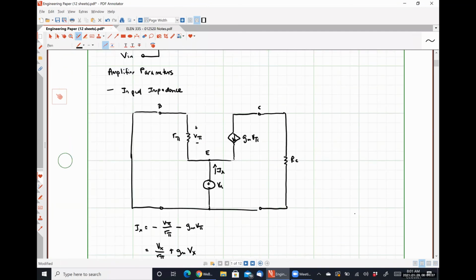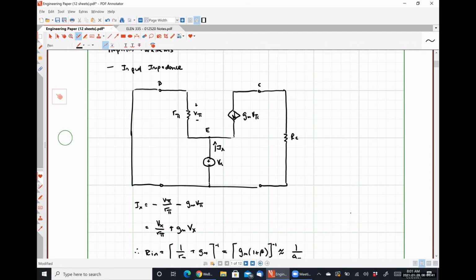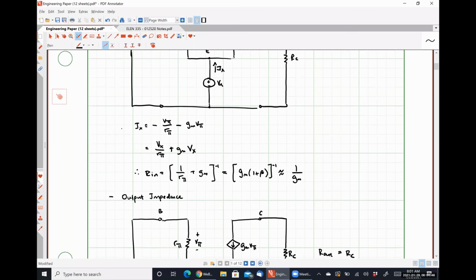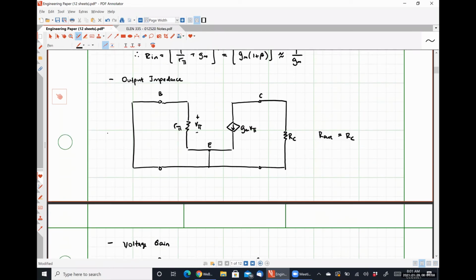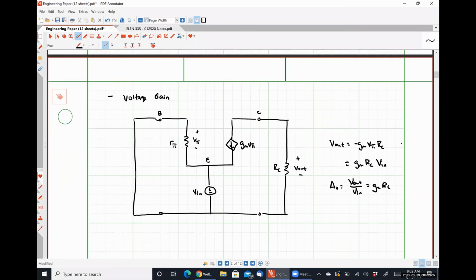Just to be clear, we were able to calculate all of our amplifier parameters for our common base amplifier without the presence of early effects. So just to revisit those things, the input resistance was approximately 1 over the transconductance. The output impedance was simply the collector resistance RC, and we found that our voltage gain for this amplifier is gm times RC. So it's the exact same thing as the common emitter amplifier, except that it has a positive value. Because we have the exact same gain equation for the common base amplifier as the common emitter, it also has that same constraint